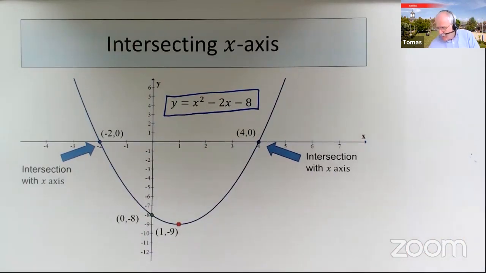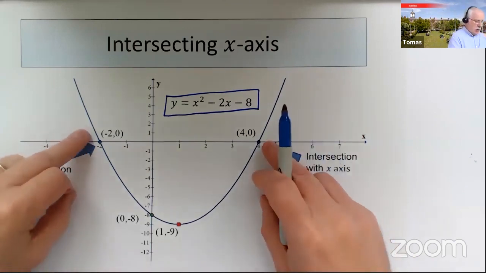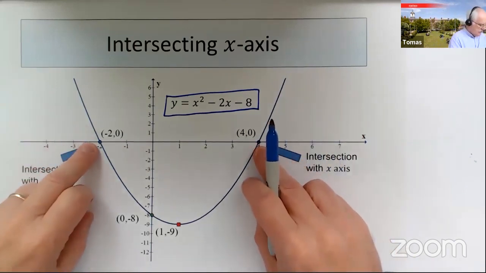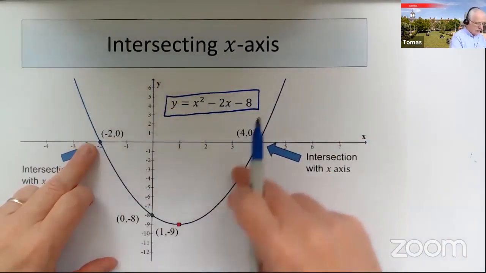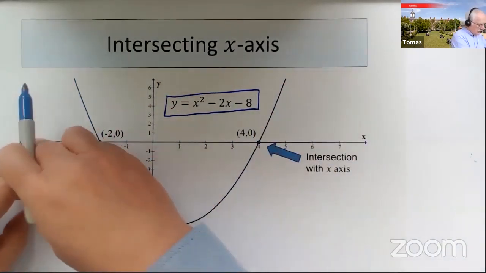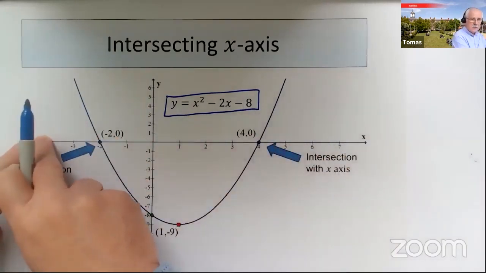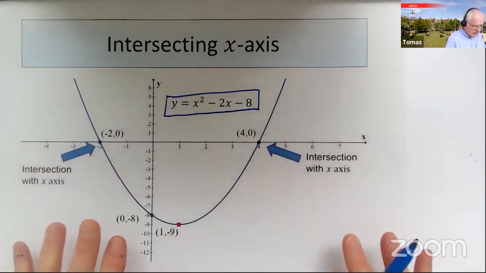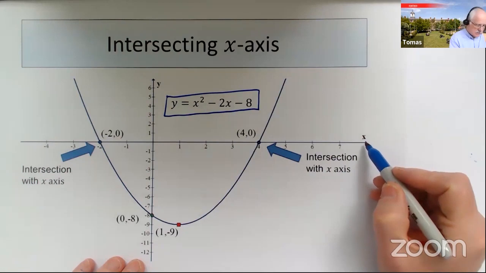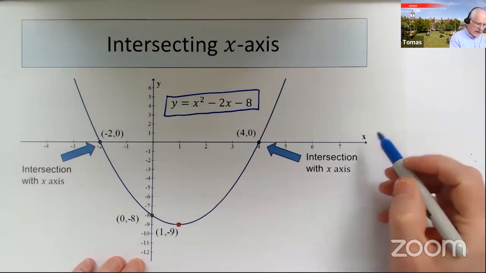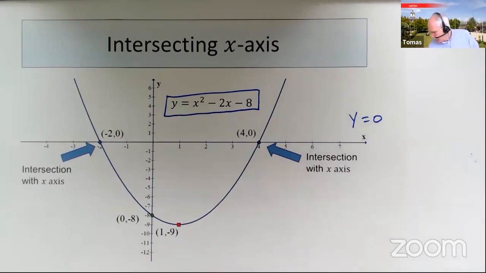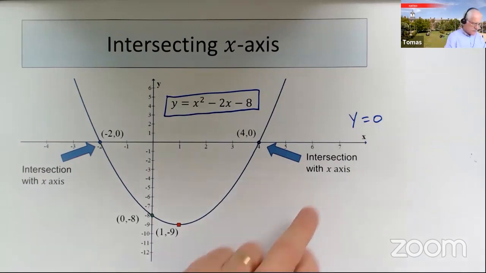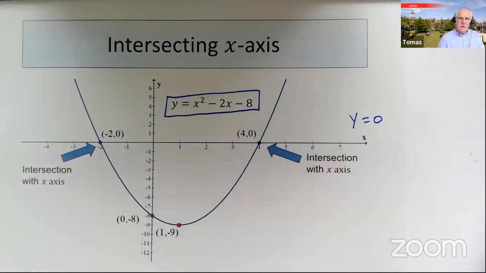Well, what do we know about these two magic points? Well, not only are they on the vase, or whatever you call it, but they're also on this line here. This is a line. It's not just something that's invisible. It's the x-axis. And the x-axis is another word for y equals 0. So really what we have now is a y equals 0 line